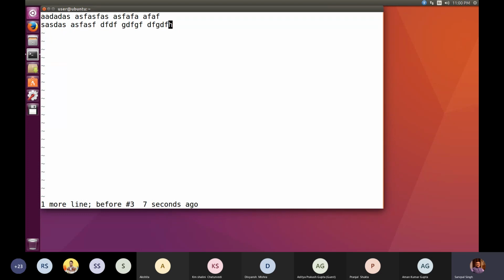So with that also I am moving to the right-hand side. But at one point I reach the last character, alphabet H, and after that I am unable to move, because so far whatever I have typed was simply these two lines.